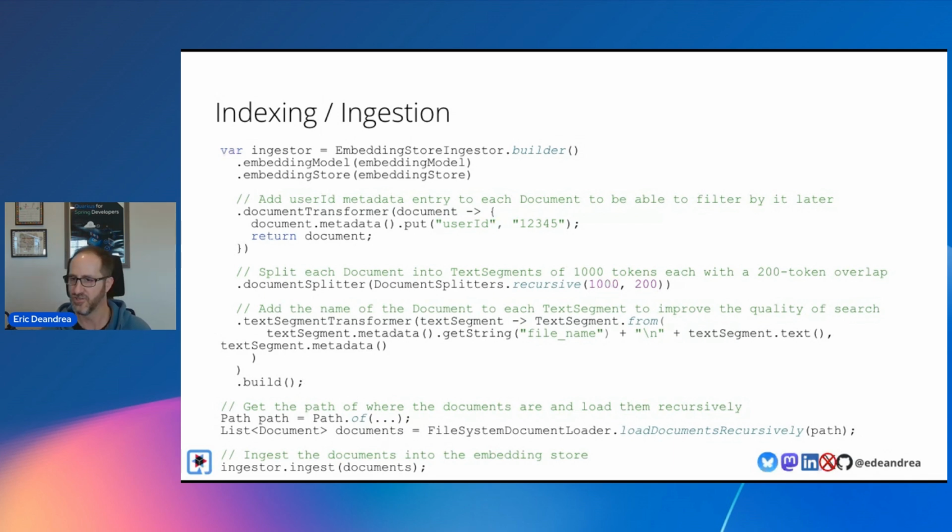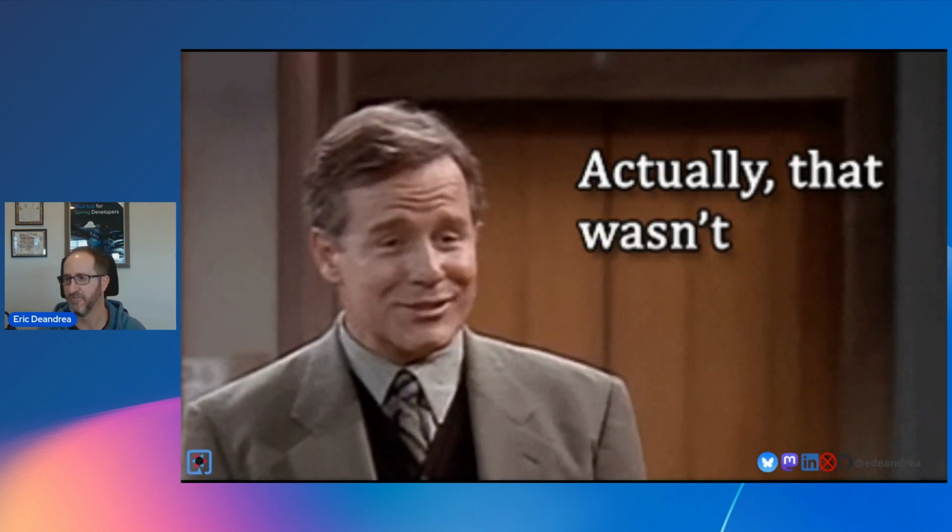So the loading and the ingesting is probably the easy part. It's defining how you want to ingest things and coming up with a strategy, because using a catch-all, doing it the same way for every document and every document type, might be good in the generic case, but it's not necessarily going to give you the best results. It's better if you understand the differences and the nuances in the actual data that you're processing. So yeah, that wasn't so bad, right?